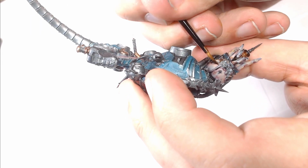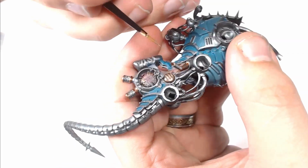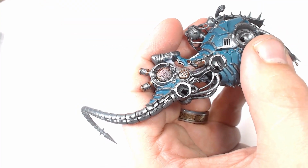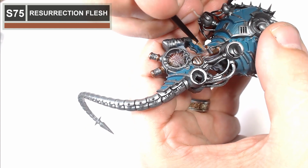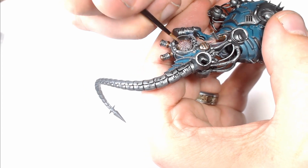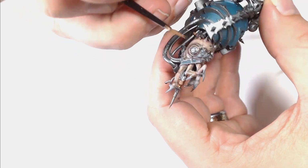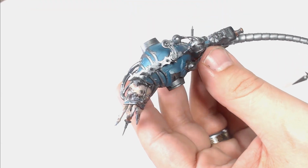And I'm going to stretch those washes across the entirety of the skin work. Now I'm adding another layer of the resurrection flesh, and that's just pulling everything together, and you're going to get a nice highlight over the top. So as you can see, it's starting to become a bit more alive now with the extra layers of resurrection flesh over the top of the washes. And I'm just going to keep on layering that up onto the